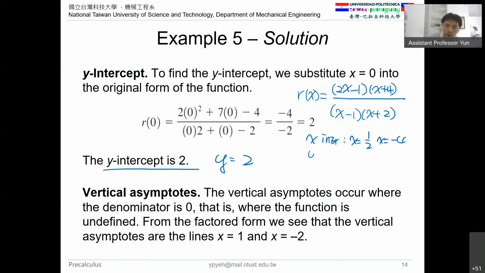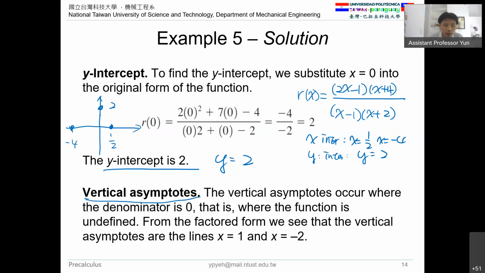And the y-intercept will be at y equal to 2. So we find that the graph has certain information of the x-intercepts and the y-intercept: -4, 1 divided by 2, and also this will be 2. Okay, so those will be the intercept points here. So next step, find the vertical asymptotes,